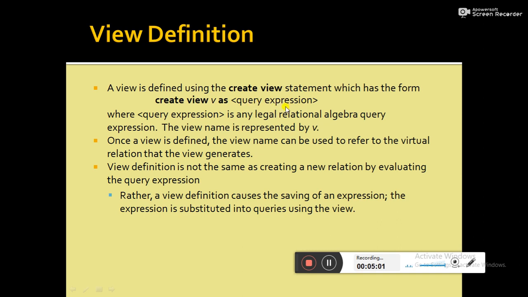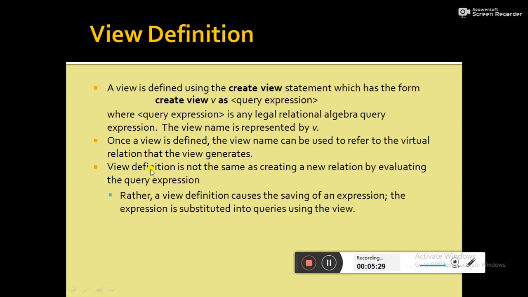Here we can write any relational algebra query expression. Once that query expression is evaluated, based on that query, the structure and the records will be stored in the view. Once the view is defined, the view name can be used to refer to the virtual relation, and then we can execute any kind of query on the view.